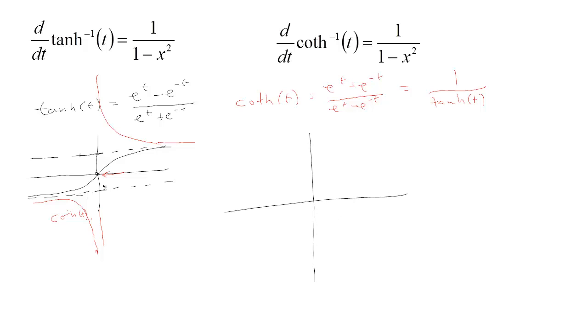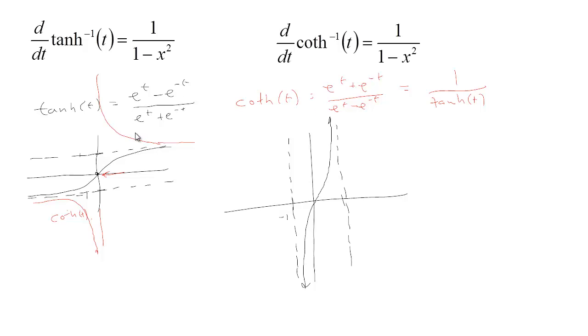Now we have these two horizontal asymptotes at 1 and negative 1. So this horizontal asymptote, when it's flipped, becomes a vertical asymptote at 1, and the other horizontal asymptote at negative 1 becomes a vertical asymptote at negative 1. Then we can see the graph of the tangent inverse. If we flip the x and y axes for that, it looks something like this. And the graph of the cotangent inverse,